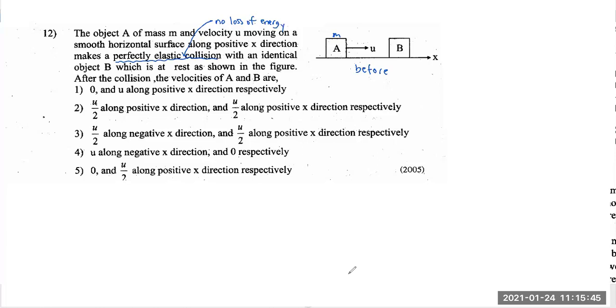And for such situations, after the collision, since both the objects are identical and one of the objects is at rest and one is moving, once the collision takes place, the object which was moving initially will come to rest and its entire energy will be given to the other object. So A will eventually come to rest and B will be moving at the same speed u. That's because both have the same mass. This is how a perfectly elastic collision happens. This is before and after collision. Hope that is clear.